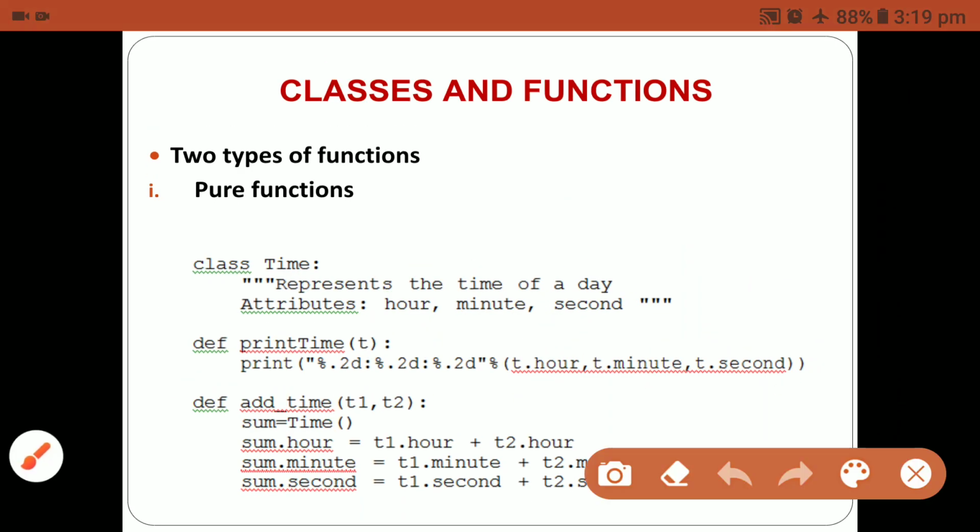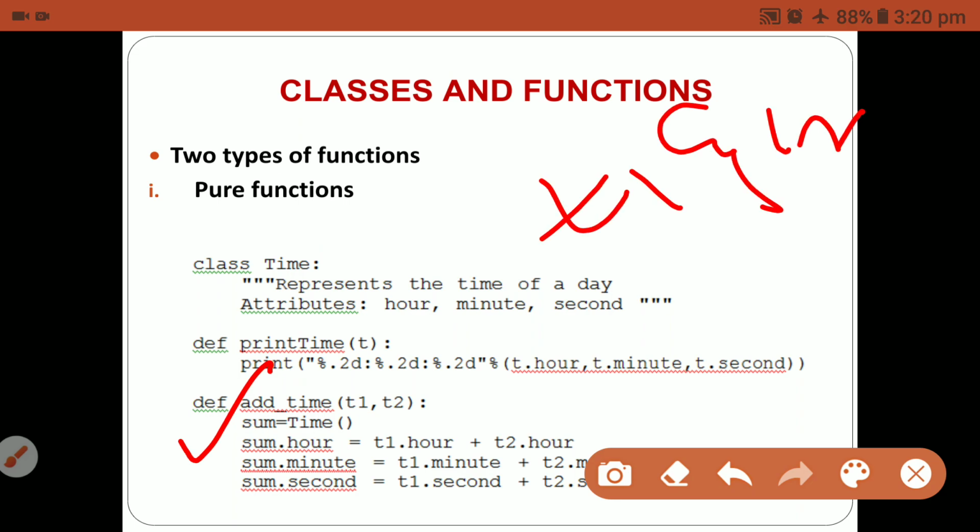Next, the other function you can use is add_time. I'm adding two times, using t1 and t2. In the first function I use only t1, but in the next adding function I'm using two time objects. After adding the two times, we get the accurate result.